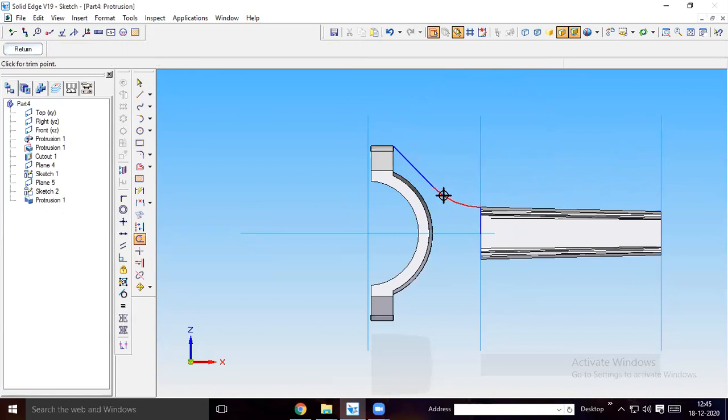Is it clear? Just in order to obtain a curved line, I draw 32 mm line and then I draw a circle. Then you draw a tangent to line. So then what you have to do? Here you see, from this line, draw a line up to this point.